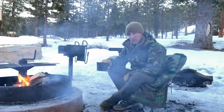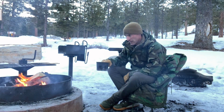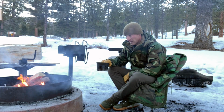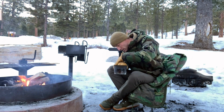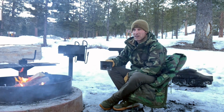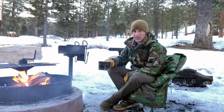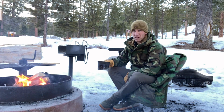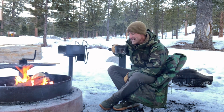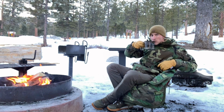I'm gonna get a rockin' fire going and hang out and watch it get dark out. What time is it now? 4:55. I bet I'm in bed by 7 o'clock. But I'll probably sleep in later because I won't want to get out of bed because it's gonna be freezing in the morning. My neighbor said that 20 degrees is what we're looking at tonight. So it's not horrible. It's not warm, but